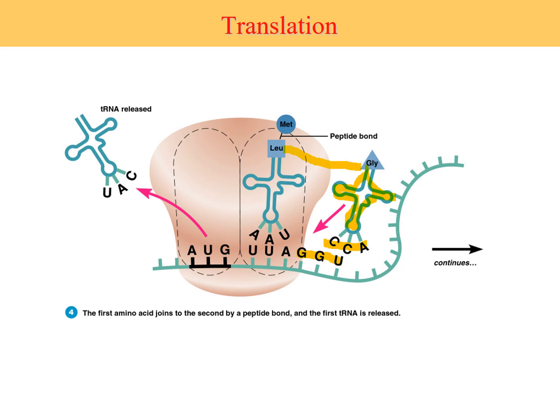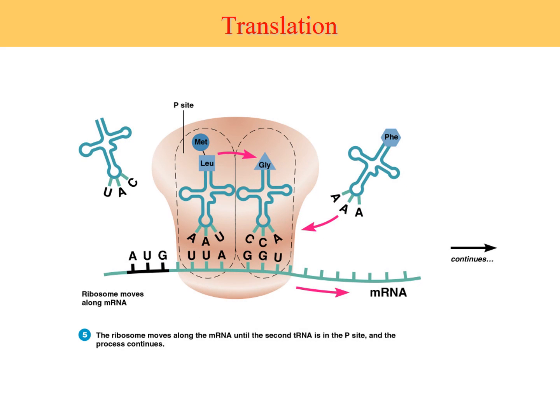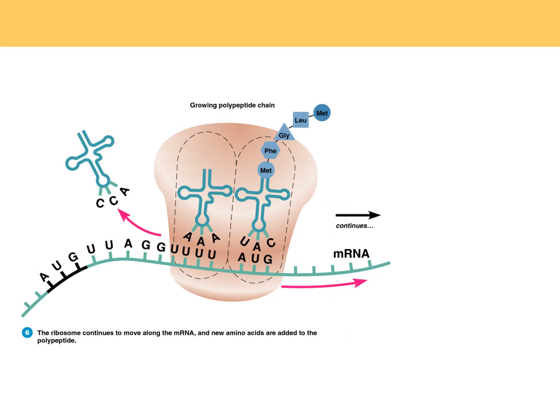In this example, now this one is brought in, this phenylalanine. It's brought in by a transfer RNA molecule. This is the whole transfer RNA molecule with the amino acid. It has the anticodon AAA, which is complementary to the next three, and you should be able to tell me easily that this sequence here is UUU, because UUU, of course, is complementary to AAA. There you see that UUU that brought in the